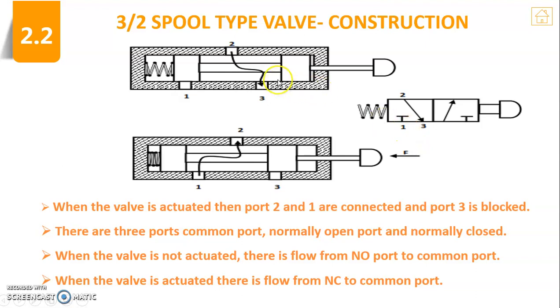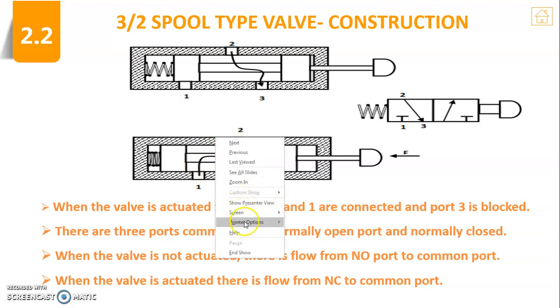You just see here the spool, which is connected here without any external force. Your input which is connected with port 1 is closed, so that your pressured air or fluid will not enter into your valve. When the external force is given, this slide will move towards your left hand side and it compresses the spring. At that time your port 1 is connected with your output port.